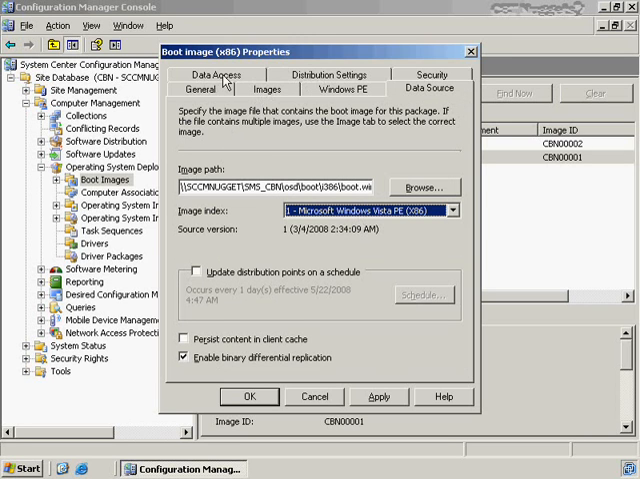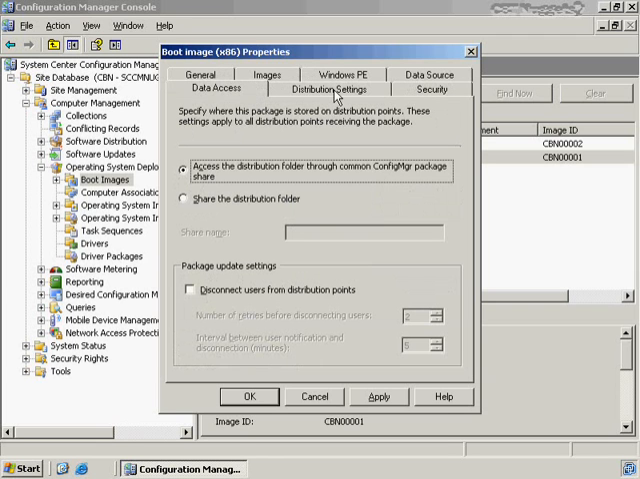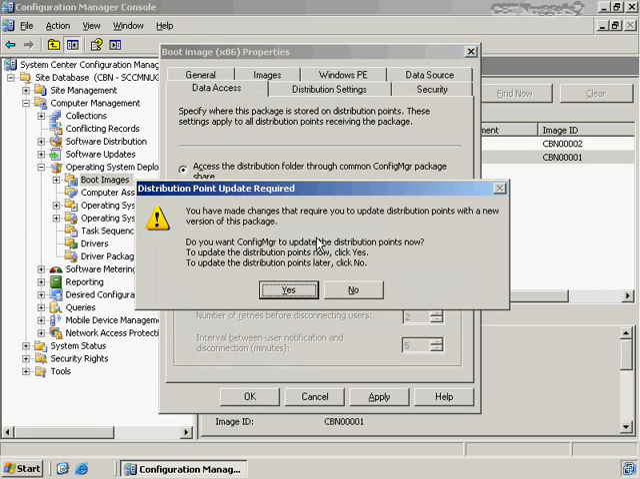Same thing with the rest that we saw before with other packages as well: data access, distribution settings, security. These are all no different than what we've seen before. These are actually the boot images that we've created in order to boot a candidate workstation for any sort of activity, whether that be capture or deployment or anything that we need to do as part of the OSD deployment